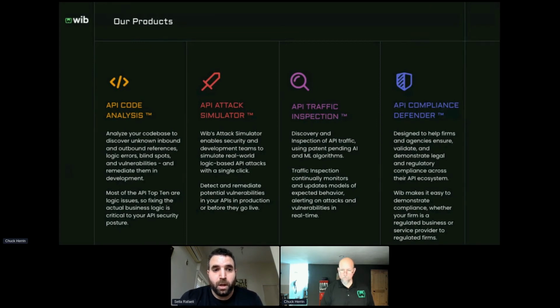So our first tool, the code analysis, helps analyze all the issues at development time within the code. The second tool, the attack simulator, is roughly a dynamic test of the API that helps uncover all the vulnerabilities at the API level as viewed externally. So code analysis is sort of white box testing, and the attack simulator is black box testing from outside. Our third tool. One note on that, if I can, yeah.